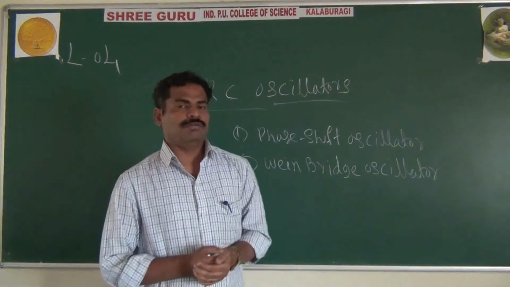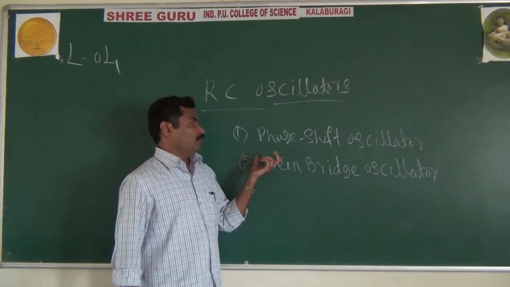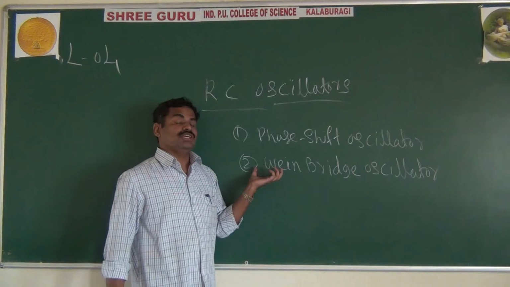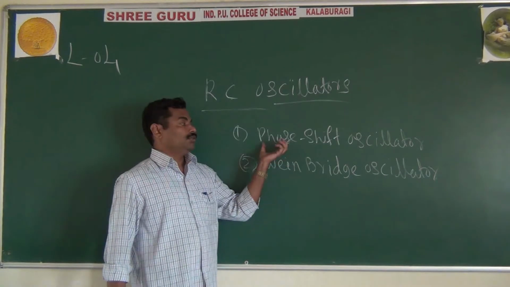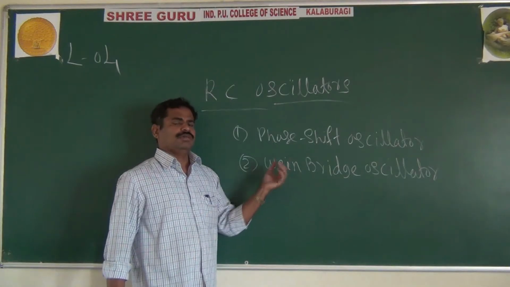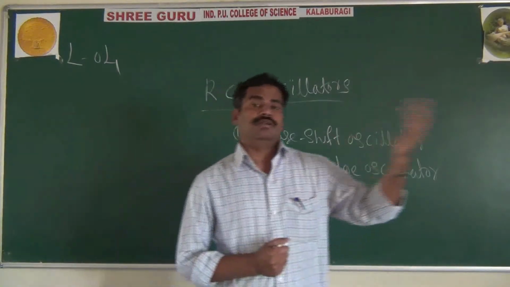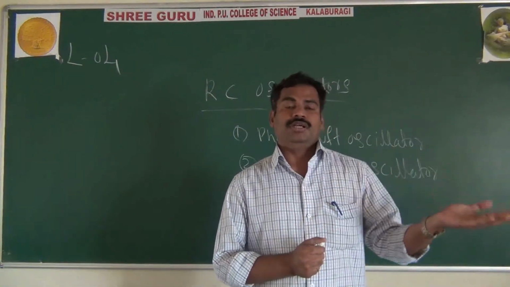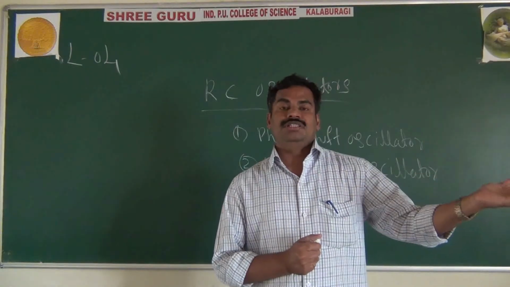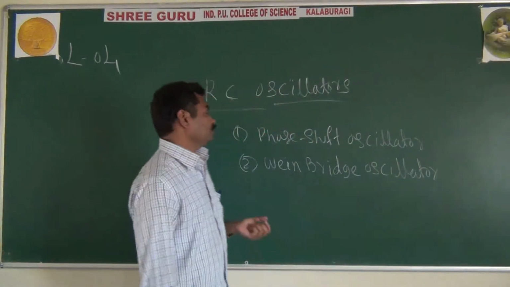And why are you using an operational amplifier for the RC oscillator? Because, as we already know, the op amp will amplify AC as well as DC signals, and here we are amplifying low frequency signals. Also, in an op amp we get both feedbacks. You can use it as an inverting amplifier or a non-inverting amplifier, with negative feedback and also positive feedback. That's why we prefer the op amp.